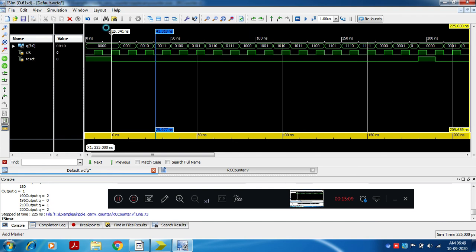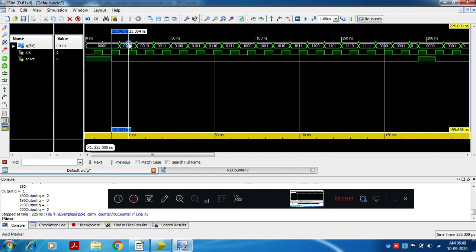So the duration of one clock we can measure.